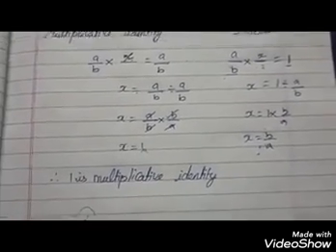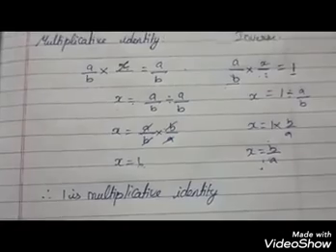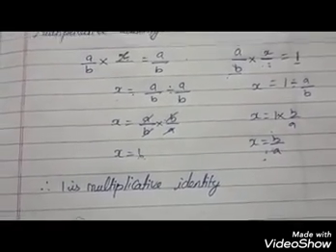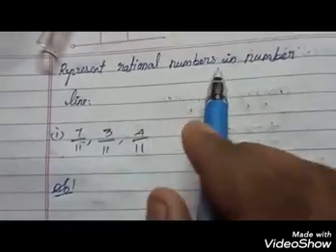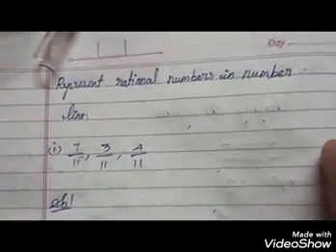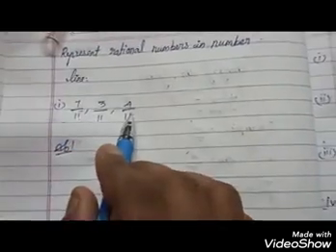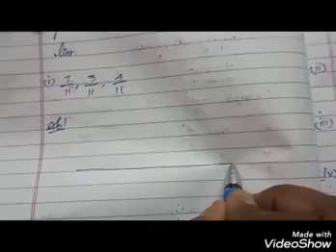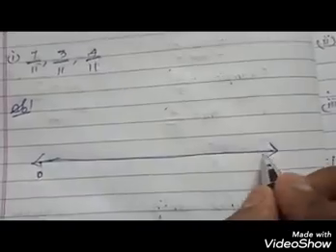Next we have to see how to represent rational numbers on a number line. So, represent rational numbers on a number line. These are in the same format. So now I have to take these 3 numbers. First you need to observe whether these are proper fractions or improper fractions. The numerators are all smaller and the denominators are greater, so this is proper. A proper fraction is always between 0 and 1. Between 0 and 1, it can be separated into 11 parts.